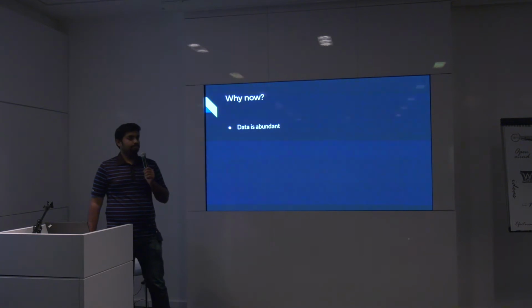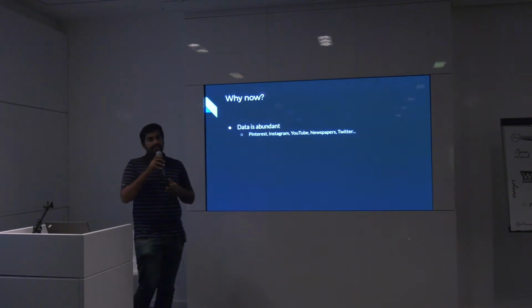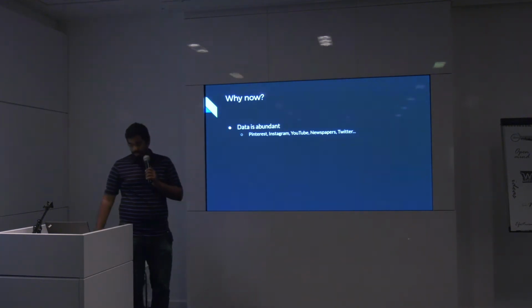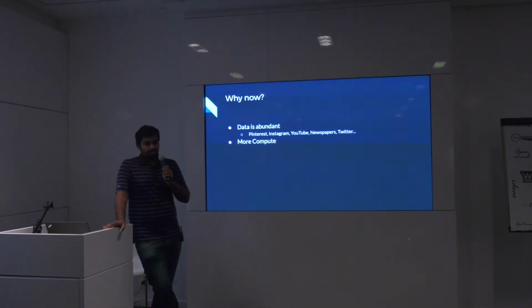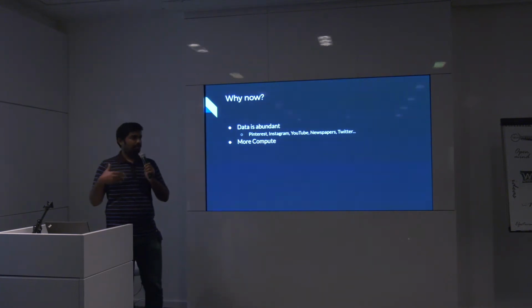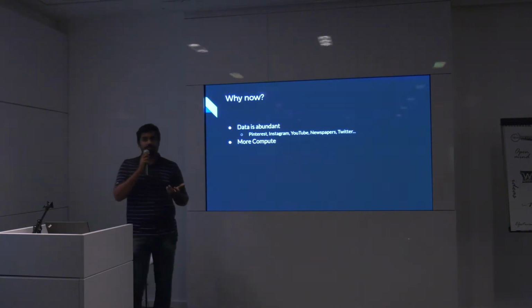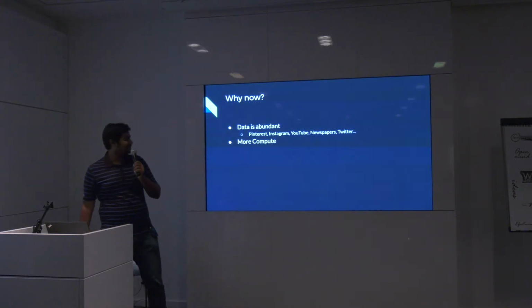It's simply because right now data is abundant. You have websites like Pinterest, Instagram, YouTube. In fact, the entire internet is a data set of text. So you have access to a lot more data that you didn't have before. And you have more compute. Thanks to Moore's law, the number of transistors on a processor increases every 18 months, and you have new hardware as well, things like GPUs, you have FPGAs. You must have heard of Intel's compute stick. Does anybody have heard of that? Okay, one person. Okay, so I have a lot of work to do here.